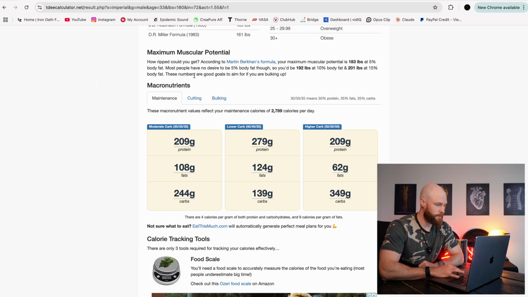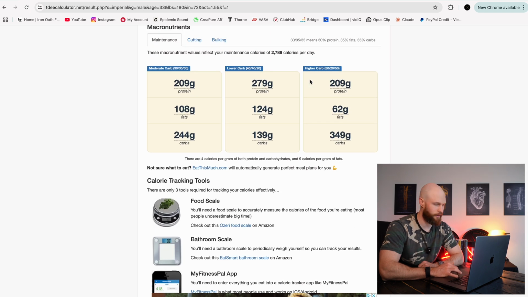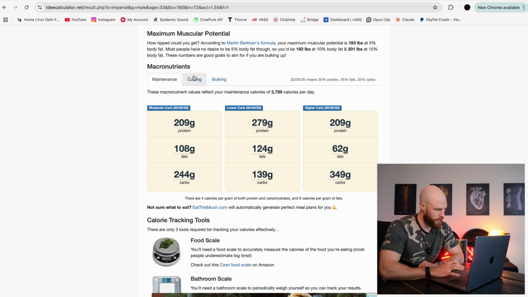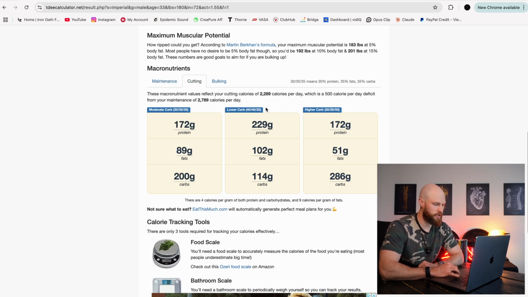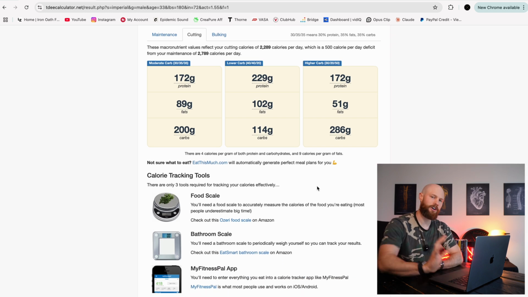Sheesh. Most people have no desire to be 5% body fat though. So you'd be at 192 at 10% body fat and 201 at 15. These numbers are good goals to aim for if you're bulking up. Sick, dude. Okay, so I wanna cut. Boom. It will tell your macronutrients, which is another cool thing, but that's gonna go along the lines of